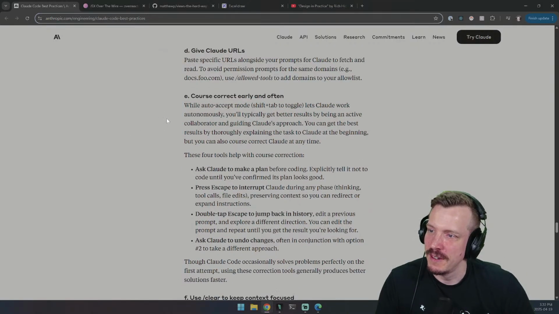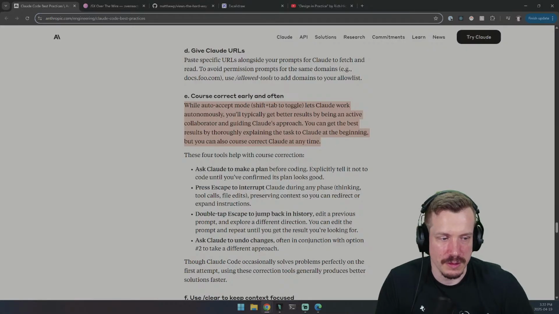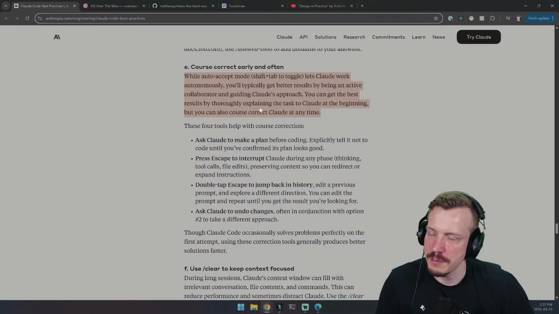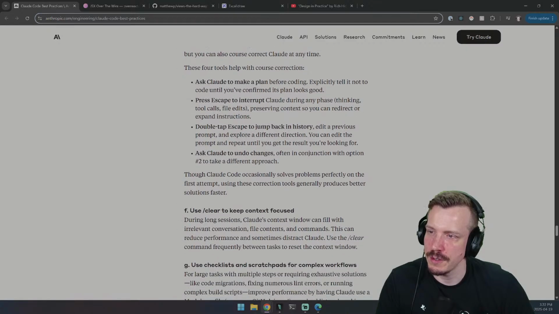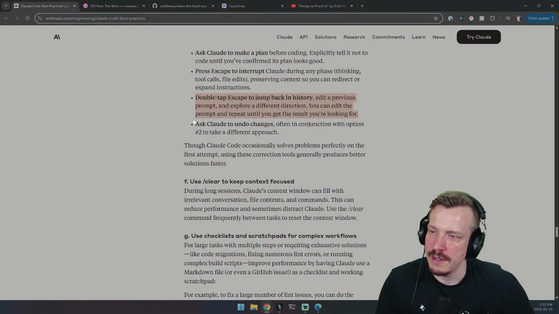Very interesting. While in auto accept mode, shift tab to toggle, lets Claude work autonomously. You'll typically get better results by being an active collaborator and guiding Claude's approach. The best results come from thoroughly explaining the task to Claude at the beginning, but you can also course correct Claude at any time. These 4 tools help with course correction. Make a plan, press escape to interrupt, double tap escape to jump back in history, and then ask Claude to